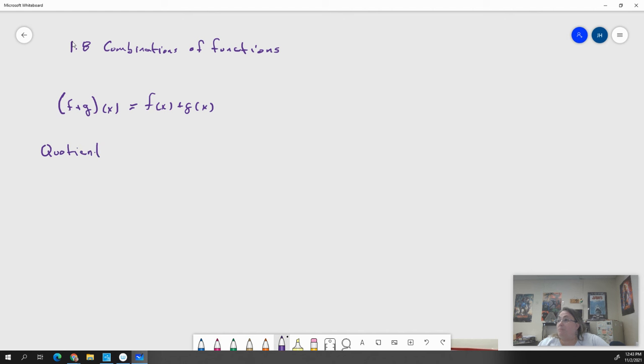which when I have the quotient, it's like saying f over g of x equals f of x over g of x. And you're thinking, ooh, that looks like it might get really complicated. If I was asking you to reduce it all, it would. But literally, it's just writing whatever f of x is over whatever g of x is. The only difference is we have to know the domain of those functions. So if I am finding the quotient,